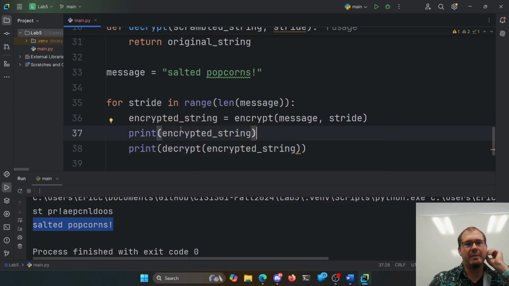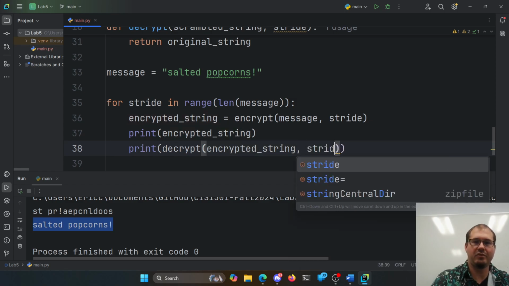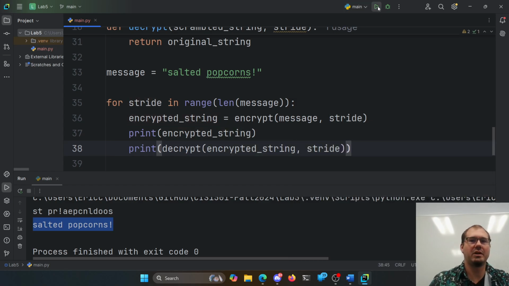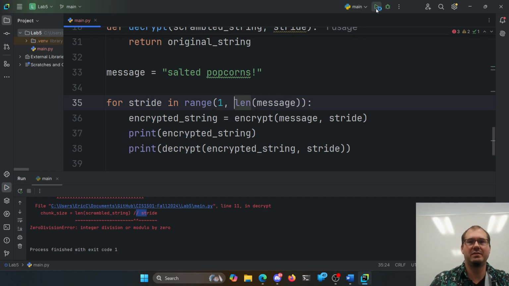Right, so we should get salted popcorn, something scrambled. Salted popcorn, something scrambled, just a bunch of times for the same stride. Right, to see, does it work at a bunch of different strides here? Oops. We can't start at 0, that's right. So with a stride of 1,